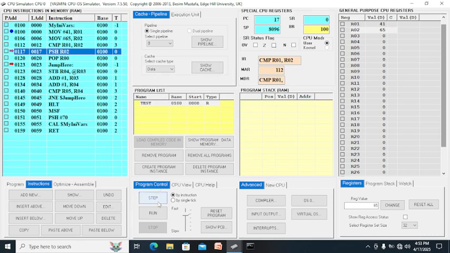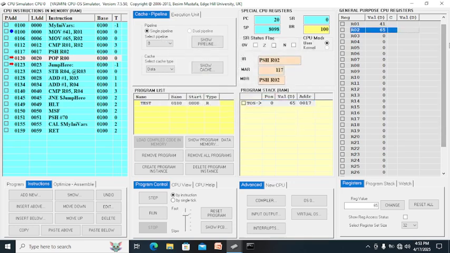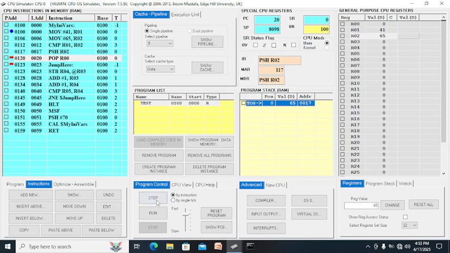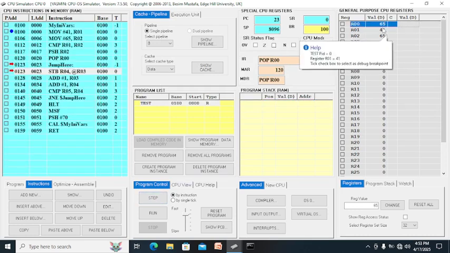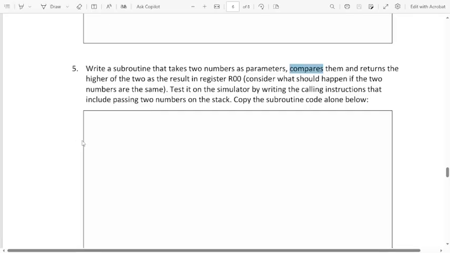Okay, push. So R02 is higher, 65. So this 65 will go to R00 here. Then run. Okay. So this is it.